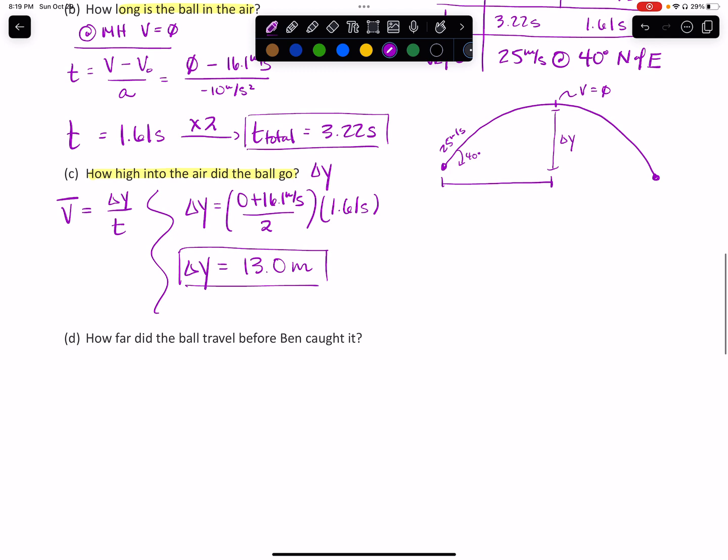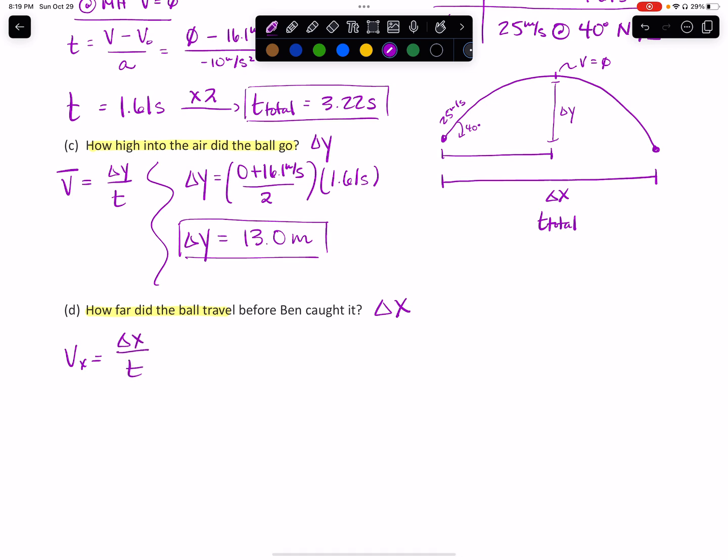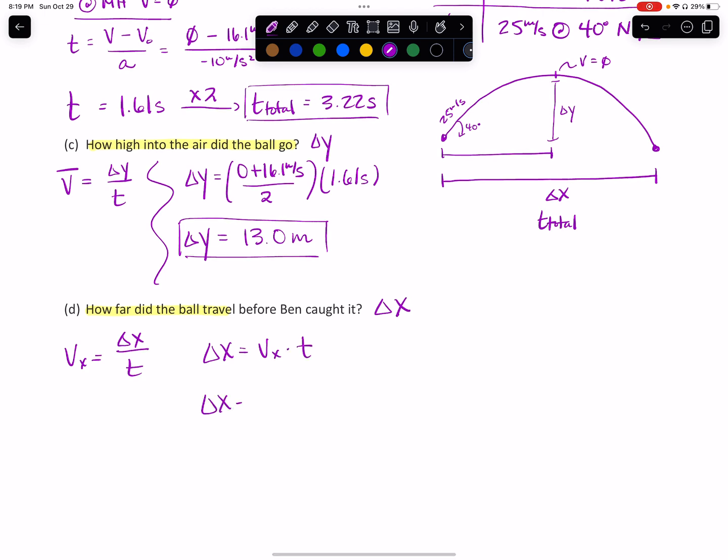And then last, how far did the ball travel before Ben caught it? So we're looking for the change in position horizontally. This is the entire motion, the whole thing from here to here is our change in horizontal position, which means we need to use the total time that the ball is in the air. So we know that our velocity is equal to the change in position divided by time, which means that our change in position is equal to our velocity value times time. So we plug in our velocity value of 19.2 meters per second,